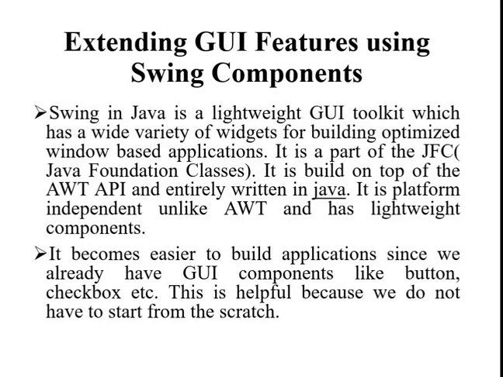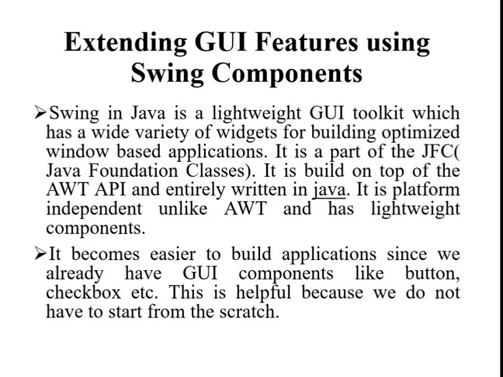The following are the three types of container classes: panel, frame and dialog. We discuss them one by one. First one is panel. Panel is used to organize the components onto a window. Next one is frame, a fully functioning window with the icons and titles. Next one is dialog. It is like a pop-up window but not fully functional like the frame.